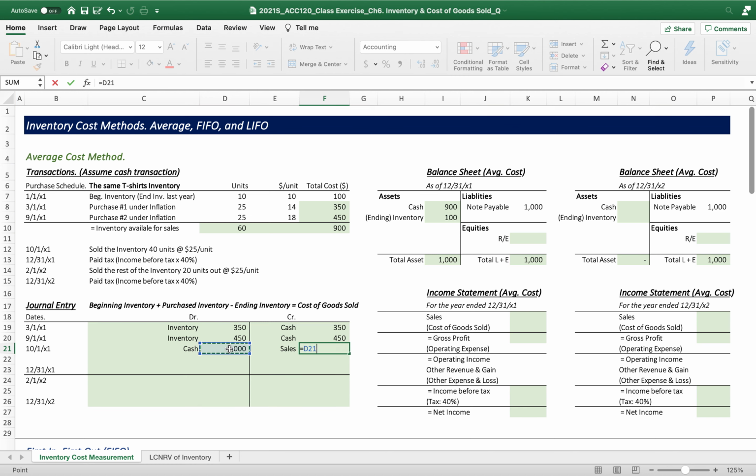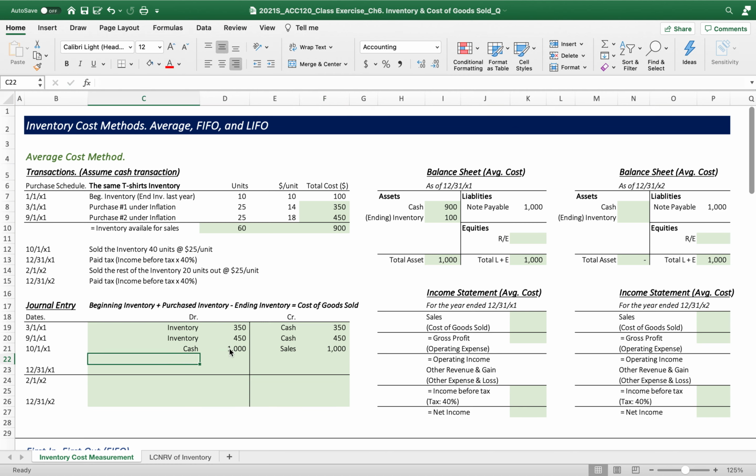The sales are $1,000. At the same time, we need to record the cost of goods sold and inventory out, because we sold the inventory. The inventory is no longer on our hand, right? So how many units did we sell? 40 units. Which inventory do we have to apply? 40 units from this or this, or some part of the beginning inventory, or which one? In this case, we don't know which inventory is sold,